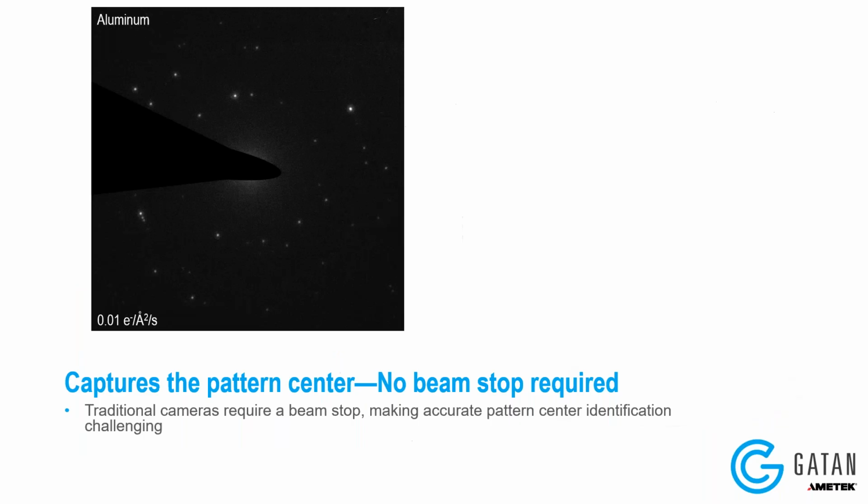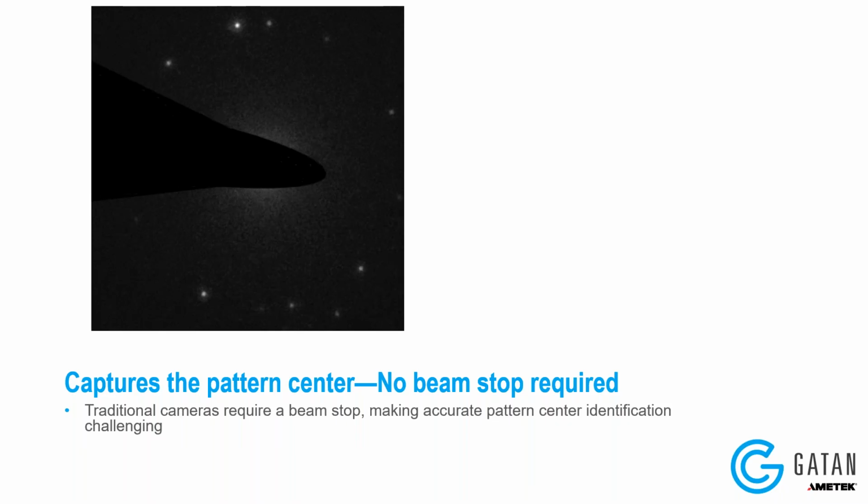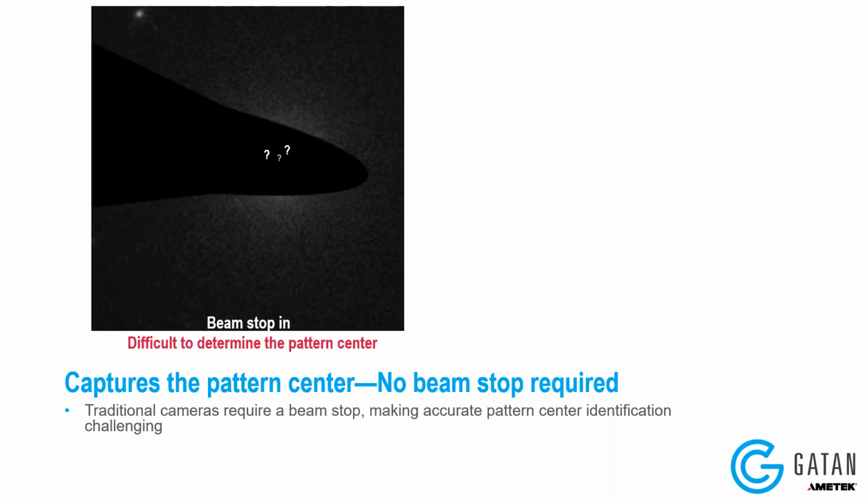So traditional cameras often require a beam stop for capturing diffraction. And this makes accurately identifying the pattern center rather challenging, right? So if I zoom in on this pattern and I want you to point out which pixel has the exact center of this diffraction pattern,